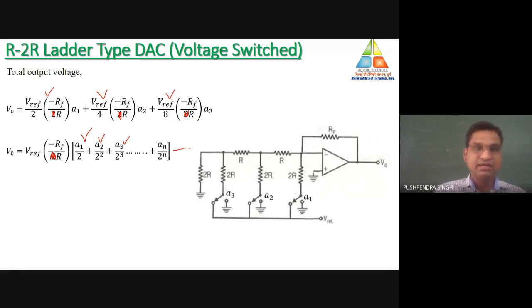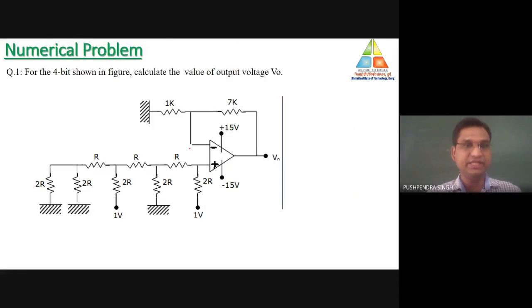You may compare it with the binary weighted type resistor. In both cases, the value of the final output is the same. For any kind of DAC, the output will be the same, and the generalized expression will also be the same. So what is the advantage of this R2R? Only with the help of two resistance values, R and 2R, we can derive the same expression for the same output as we have discussed in the case of binary weighted type. So this is the final output of the R2R ladder type DAC.